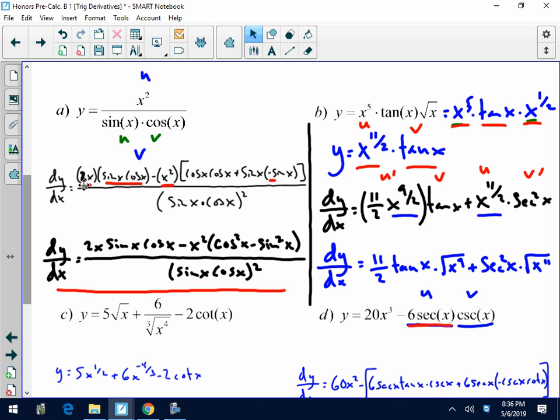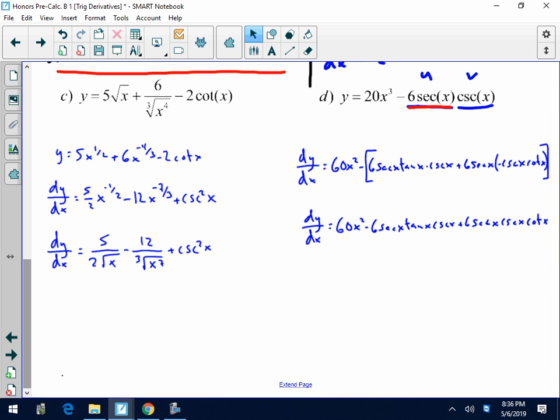Okay, so for our c, we have right here our list of terms we're taking the derivative of, and we want to go through and take the derivative with just the power rule where we can. So right here we will write that square root of x as x to the 1/2, and we will write that cube root of x to the 4th in our denominator as x to the -4/3. And when we take our derivative, we're going to have our derivative of our 5x to the 1/2 as 5 halves x to the -1/2, derivative of our 6x to the -4/3 as -12x to the -7/3,